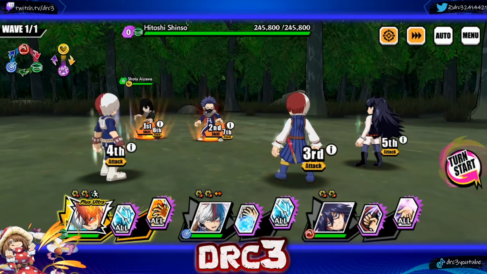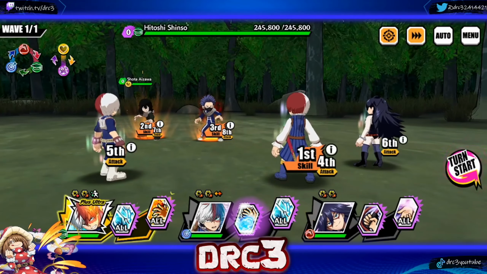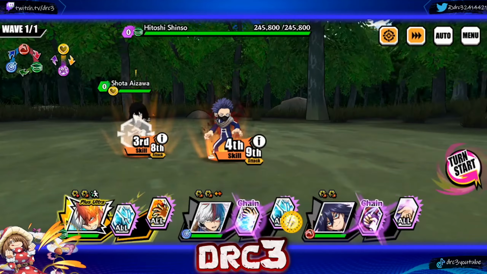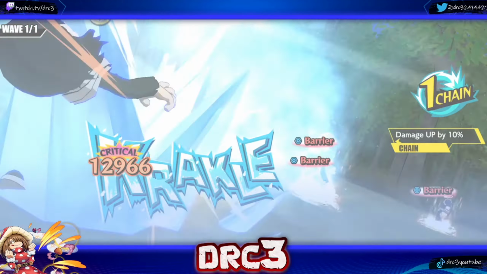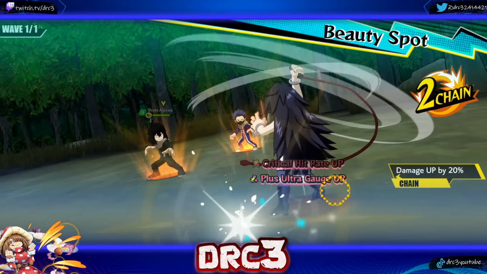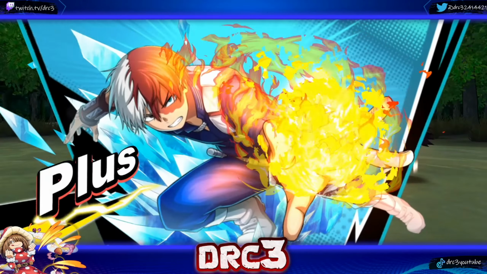However, you cannot hit Shinso with status ailments until you kill Aizawa, so keep that in mind. So I go for the frostbite and the crit rate on Aizawa, then I go for the stun on him, and then I go for the plus ultra with Todoroki. So I got the crit and the stun and the frostbite as well, so that's 2 crits, 2 status ailments